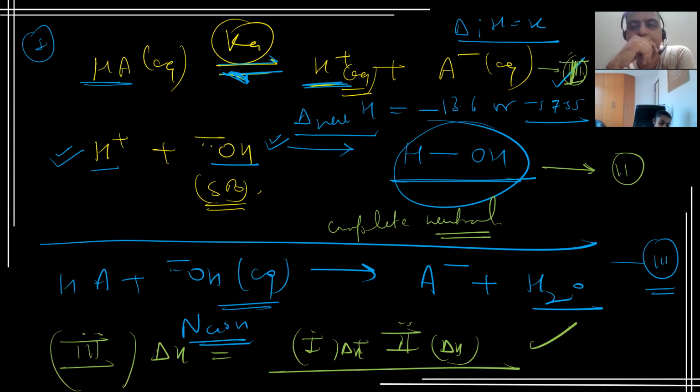So this is for weak acid with strong base, and also weak base with strong acid. It is true for both cases. In the case of a weak acid or weak base, we have an extra value. That extra numeric value will be the heat of ionization, or enthalpy of ionization.